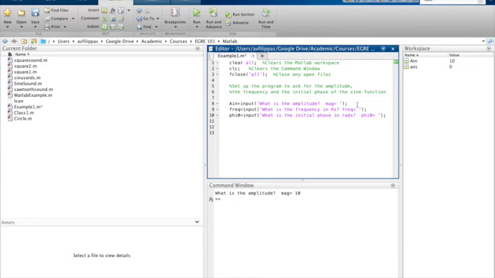okay, so now I've got 3 parameters I can play with. The amplitude, the frequency, and phi naught. And let's just say, because I'm using mag and I've used it all over the place, I'll use mag here. And so now what do? Now I have to